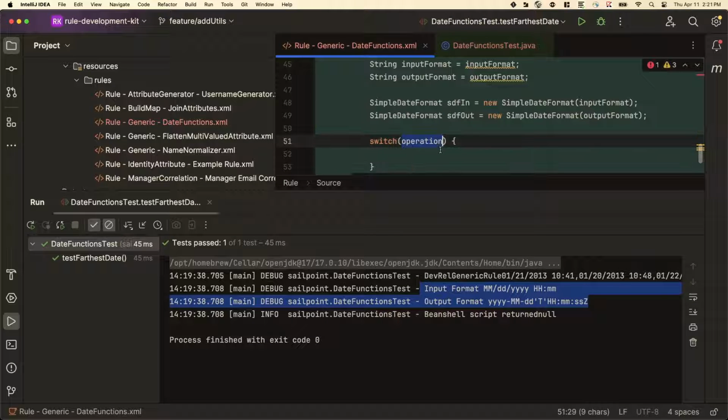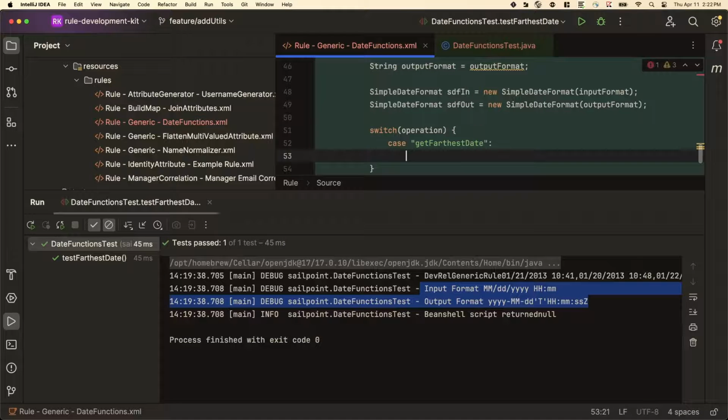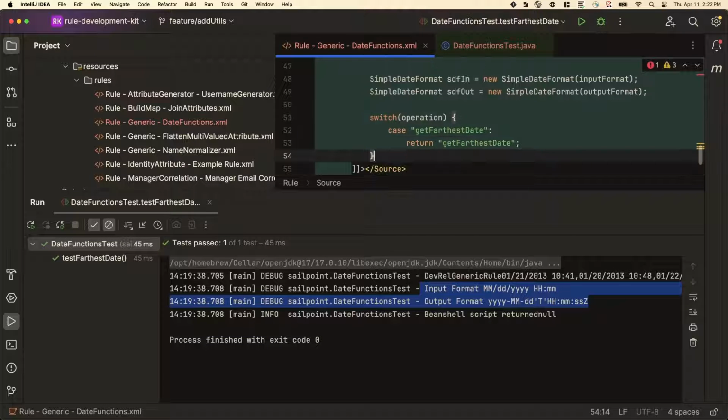All right, so now we can have access to that variable. So in the case of get farthest state, well, let's just do return get farthest state. We're actually going to write a function that will return our date, but just for right now, to show how this works,